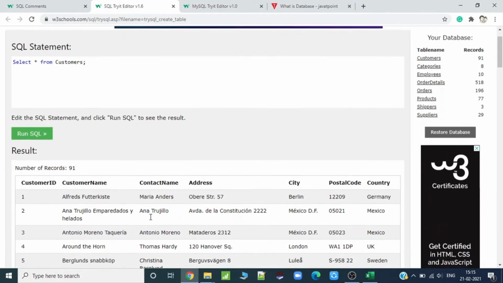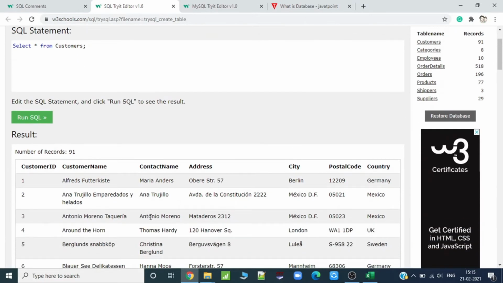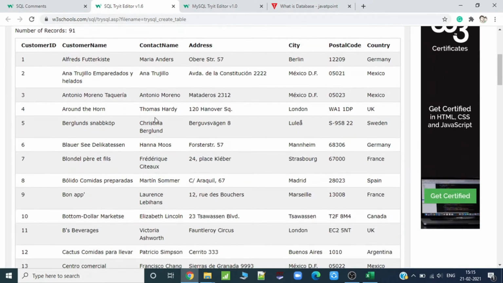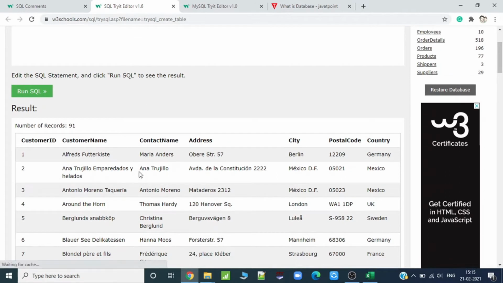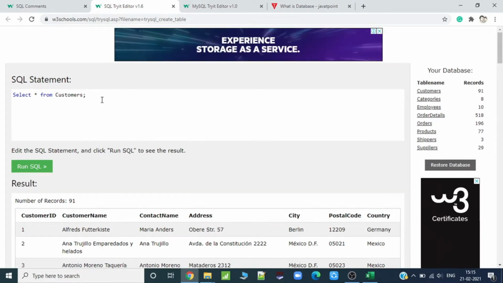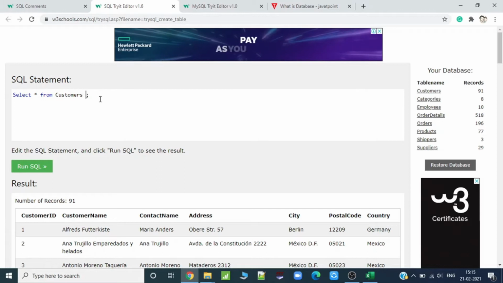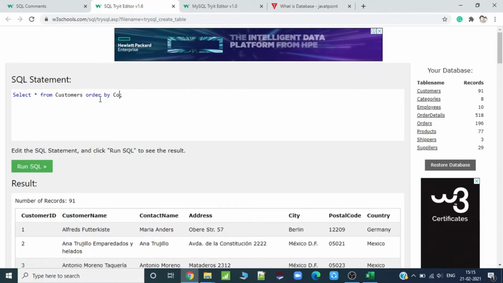So you can see contact names are not arranged in ascending order or descending order. You can see A anywhere, then M in the starting, T in the middle, and C then again after T. I want to sort all the records according to the contact name. So what I can use is order by. With whom you want to order?